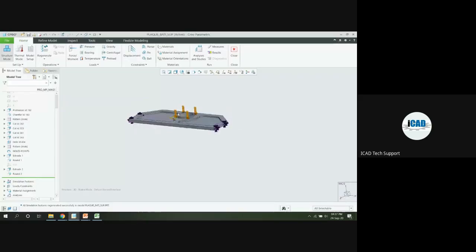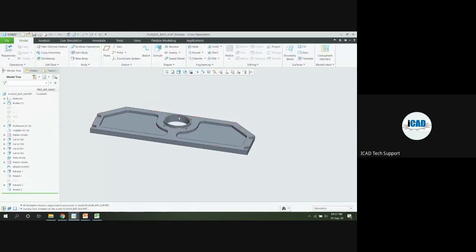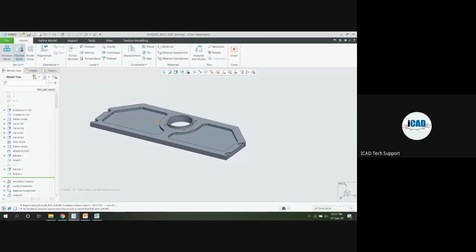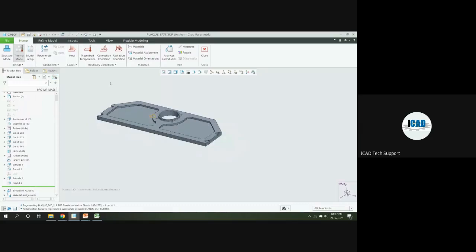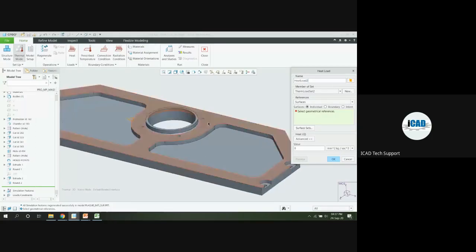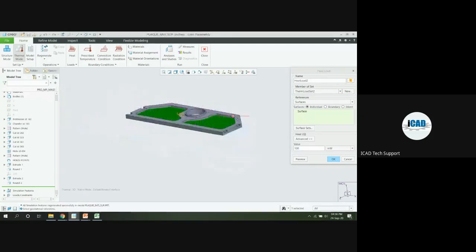So in a similar way, we can close it, and we don't want to save this simulation. If I want to check the thermal analysis, here you can see we can add the load as a heat on these internal surfaces, and here is the value for loads in megawatt. And I'm adding a 100 megawatt heating element,